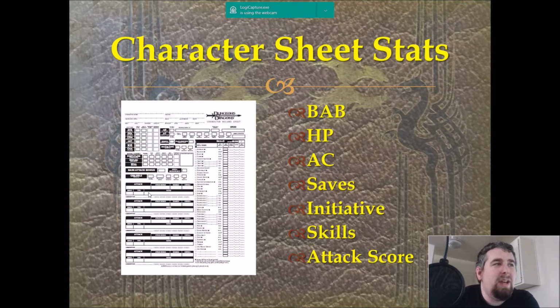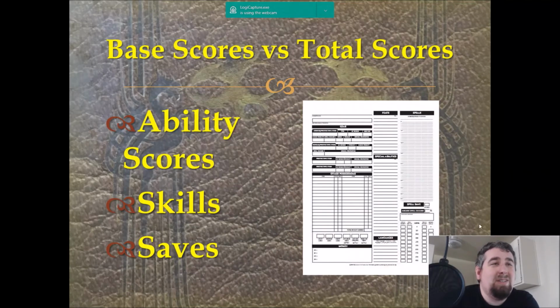Then you have your attack score. That's going to be here, your nice attack bonus. There's multiple of them. Sometimes you'll just use the first one. Sometimes you'll use all of them. It really depends on how many weapons and forms of attack you have. It can vary a lot from character to character. Some don't even use any of those, but those are mostly casters, and not all casters. Some casters often do use those. Anyways,